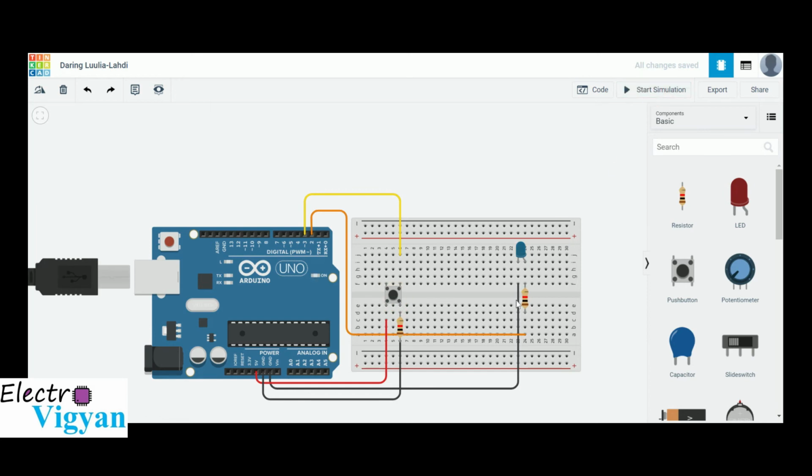Now we will be controlling the LED using two switches. Connect the second switch as shown in the video.